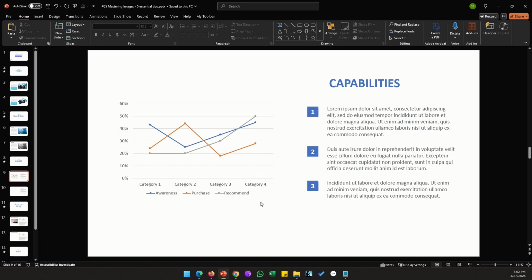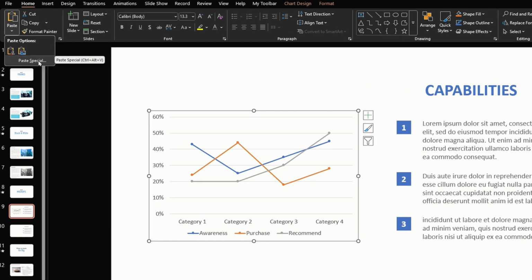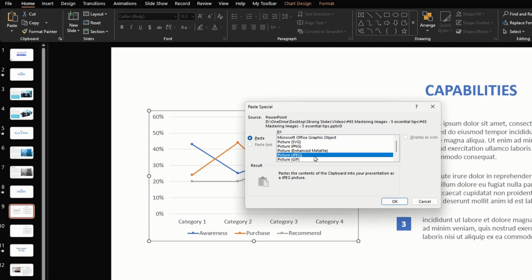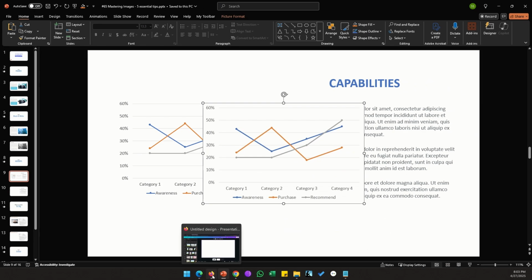Before we head over to Canva, we need to convert this chart into an image. So I'm going to select this chart, then copy it, Control C. In the top left corner, under paste option, we have paste special. Click on it, select this picture JPEG option, click OK, then copy this image, Control C, head over to Canva,